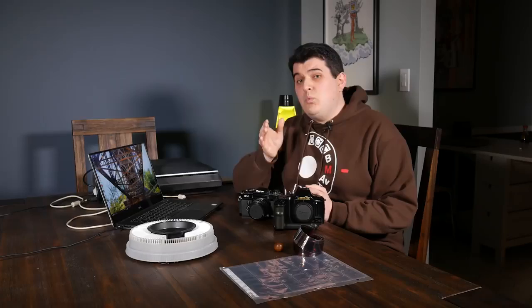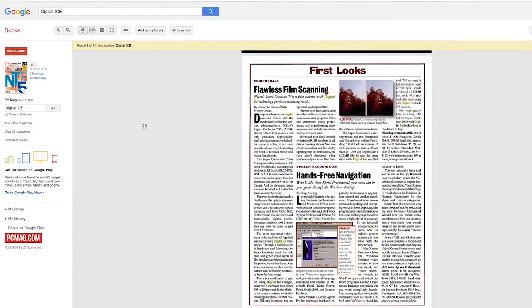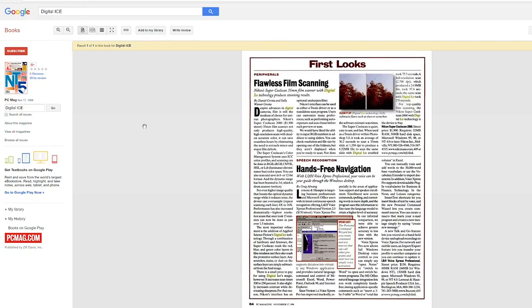I'm not sure exactly when the system was released, but it probably was in the 90s, as this PC Magazine article from 1998 seems totally amazed at the new Nikon Super Cool Scan 2000. Let's join together in a brief moment of silence for Kodak. You had it all, and then you just...